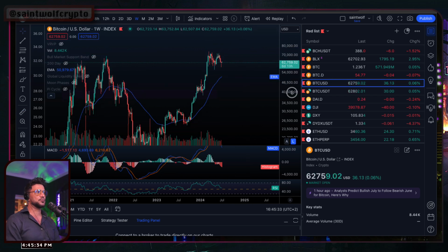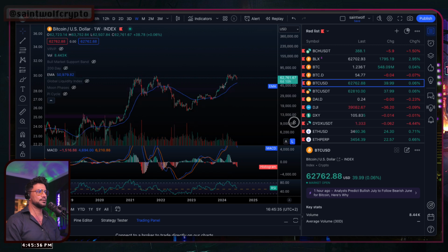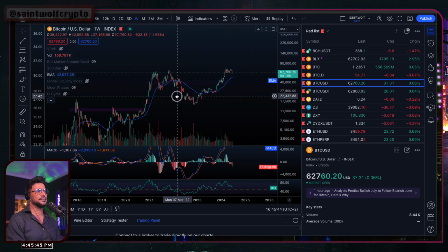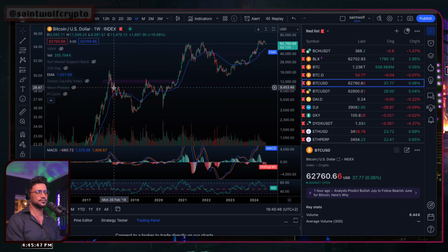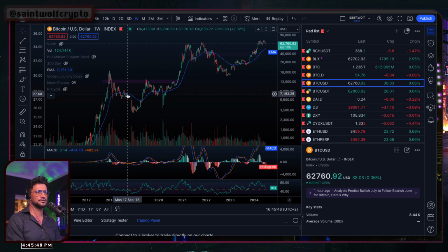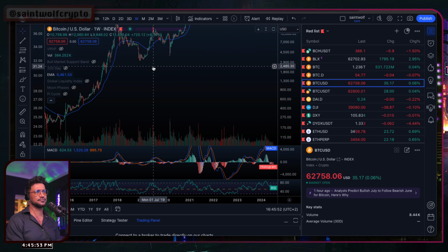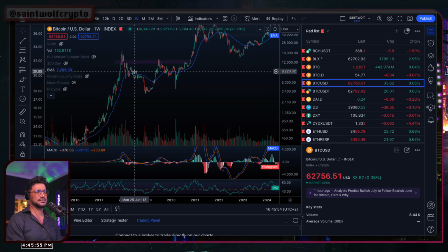Now, the question is, do we keep going up from here, or do we keep going down? Now, based on the Global Liquidity Index, like we said, we don't know. There could be a few months left, for sure, where we keep diverging. There's no doubt about that. And when you look at the EMAs, you see a very close relationship where Bitcoin always comes back to the 52-week EMA. So when we're above it in a bull run, we stay floating above it, and then we come down, we test it, and then if we break below it, we're in a bear market, okay?